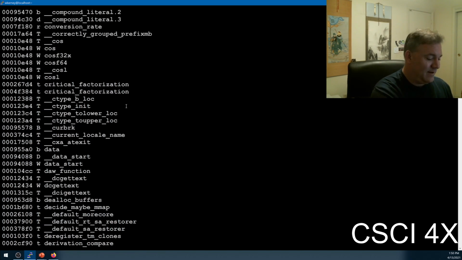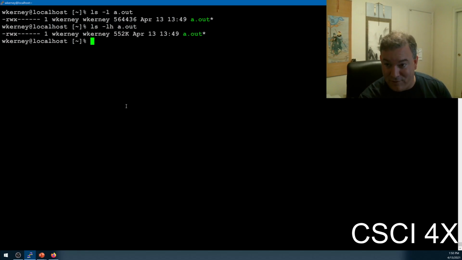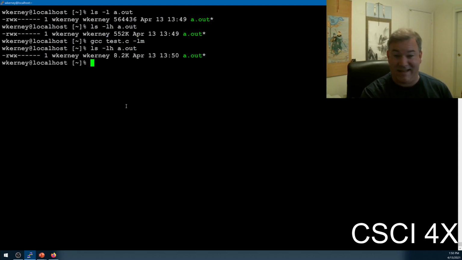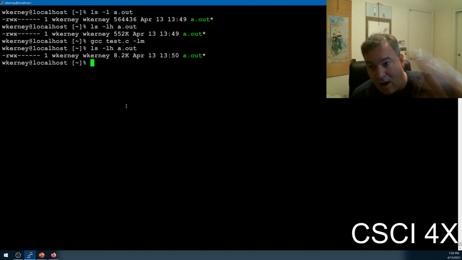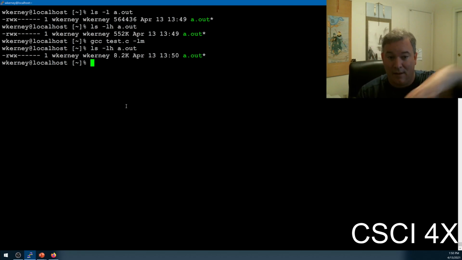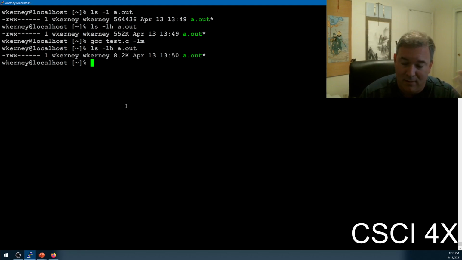Okay. And if we see how big our executable is now, our executable is chonky. Our executable is 552K, whereas if we did this with dynamic linking, it's 8K. So by statically linking in the standard library, it's literally copying all of those object files that we need into our a.out. And that's a massive bloat in size of the executable. It might actually be faster because you don't have to go through that step of at runtime finding them and pulling them in. But